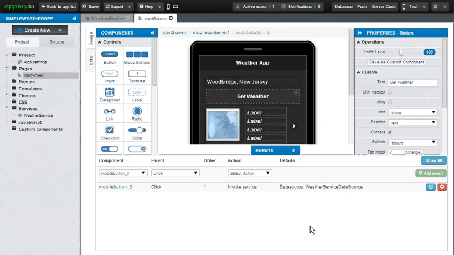And fourth, we created an event handler, or an event, and associated that with the invocation of the weather service. So these are the four things that we did, and let's see the effect now. We'll just save the app.